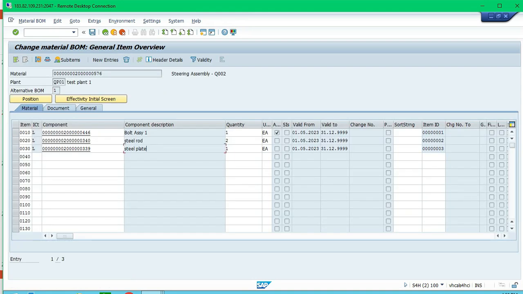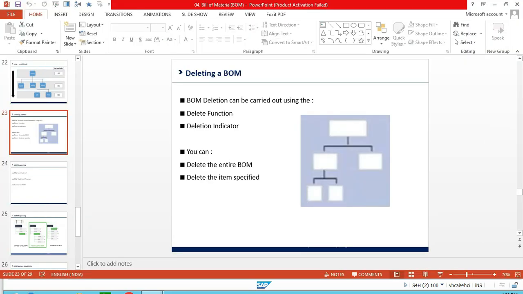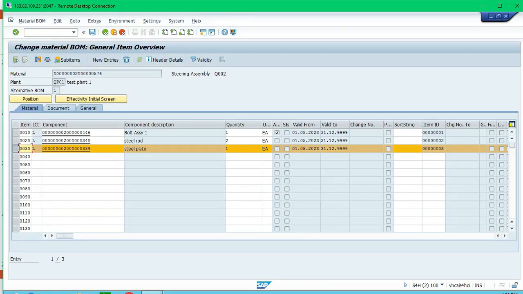So here we can select the row and then delete. This is item level deletion. Delete the item specified, the second option. So we can delete particular line items, particular component under the bill of materials,